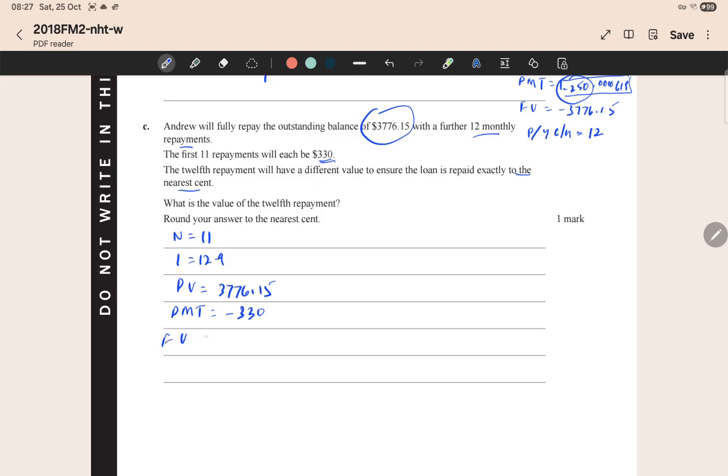Future value is equal to, that's what I have to calculate, because that is the value on which we calculate interest in the 12th repayment. PY CY is 12. And if you put that into the calculator, you will get minus 415.9294148. Now clearly you can see it's negative, so that's the part of the loan that still has to be returned. Okay, so you calculate